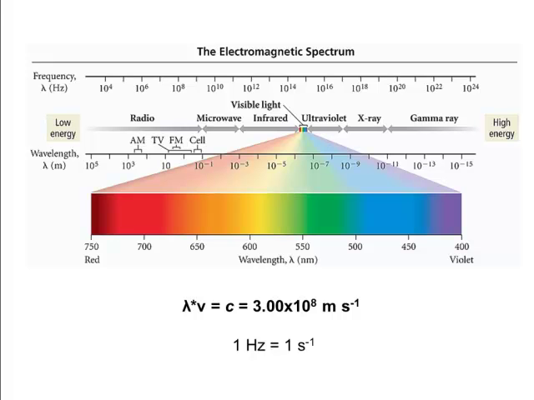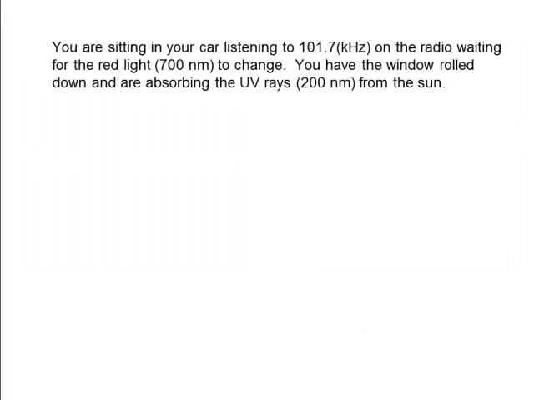Alright, so let's look at an example involving some calculations using this equation. Let's say you're sitting in your car listening to 101.7, which is going to be in kilohertz. You're waiting for a red light, which has a 700 nanometer wavelength, so you can go. And you have the window rolled down and you're absorbing the UV rays from the sun, which are going to